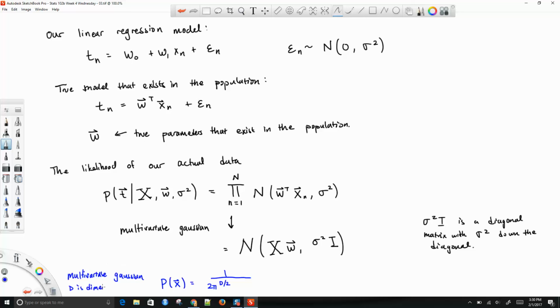D over 2 over the variance covariance matrix sigma, this being the norm of that, e to the